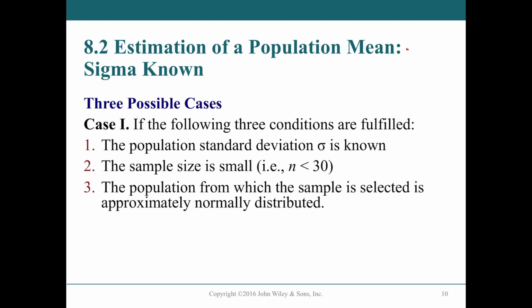And that's it for 8.1. That was a short one. 8.2, a little bit longer: estimation of the population mean, which is mu, when sigma is known. So sigma, little sigma, of course, is known. This lets us use z, something we are more familiar with.